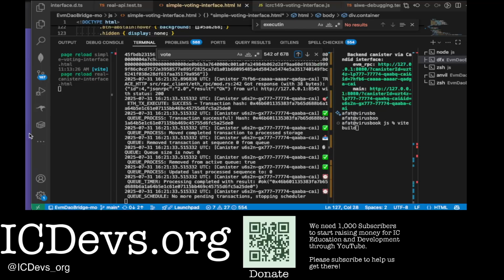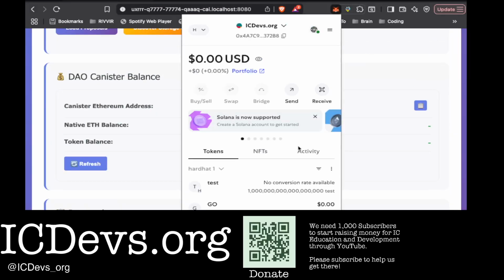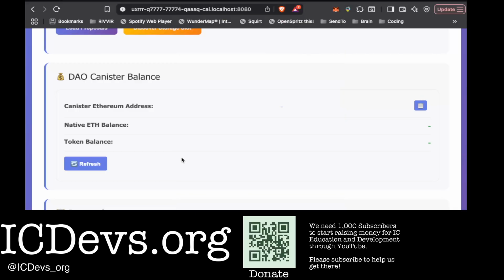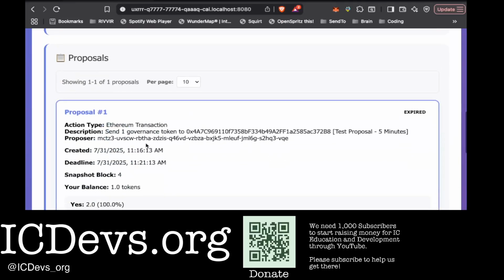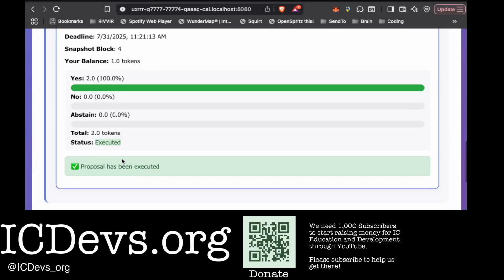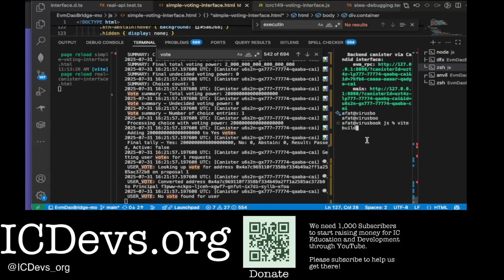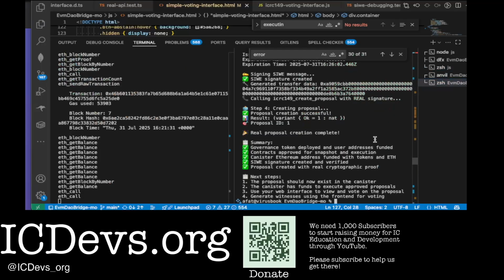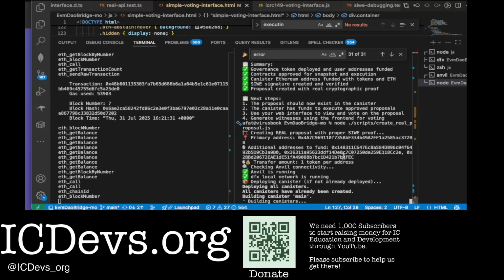Now if we come over here, it may take a minute, but you can see we now have this many test tokens. And if I load the proposals, I'll see that I also have 1 token. I can't vote, the proposal's been executed, but now that I have a token, if I do come back over here and we run this script and we set up another proposal,